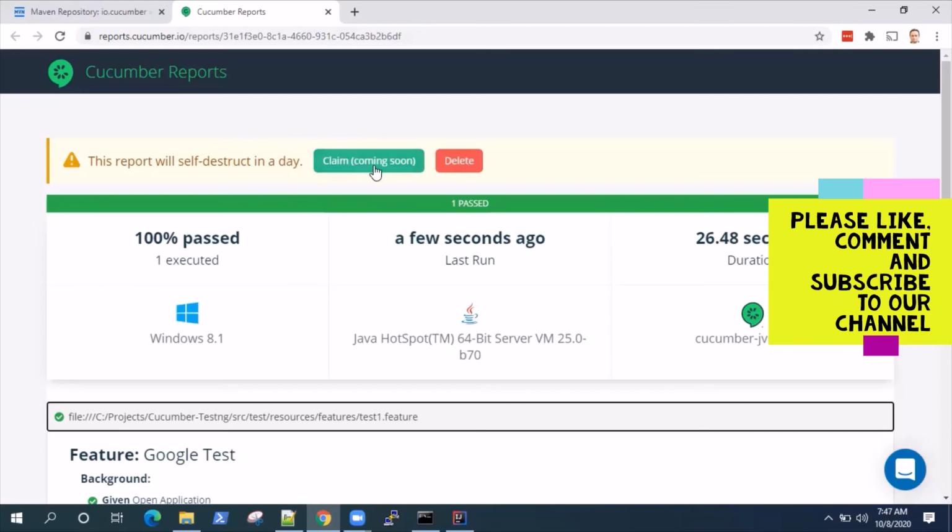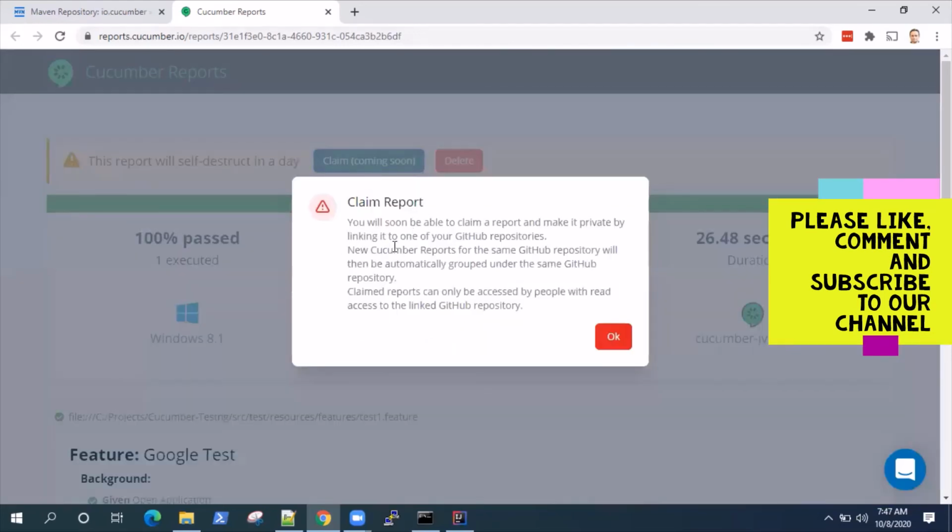But this particular feature is still in beta version. They have still not come up with this, but in coming time, we can expect they will come with this feature also. So what it does is we can link or make this report private by linking it to our GitHub repository, right? So it will automatically be grouped under the same GitHub repository.